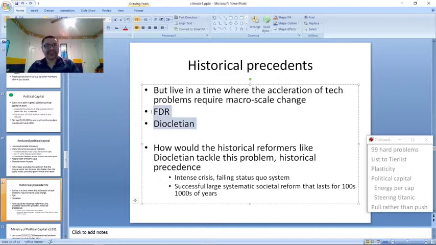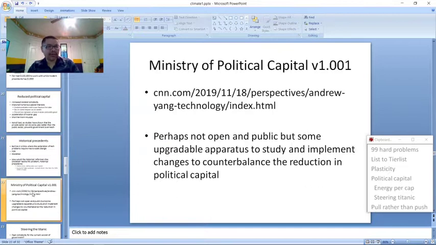How would historical reformers like Diocletian and FDR tackle this problem? Much like Andrew Yang suggested that we start a ministry of attention economy,